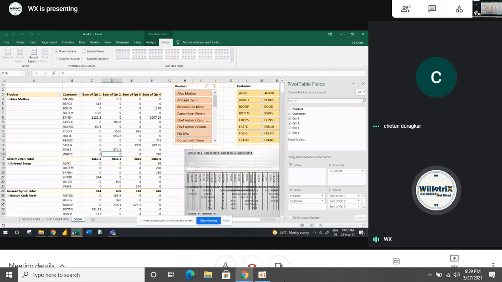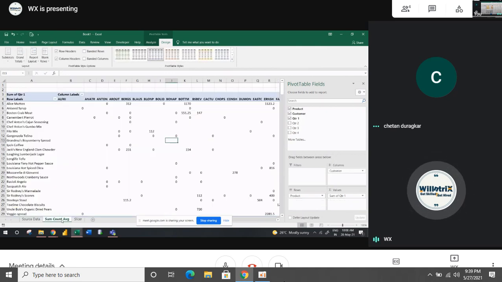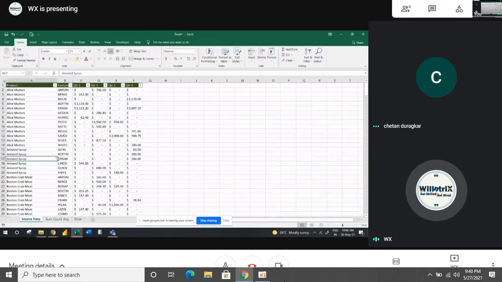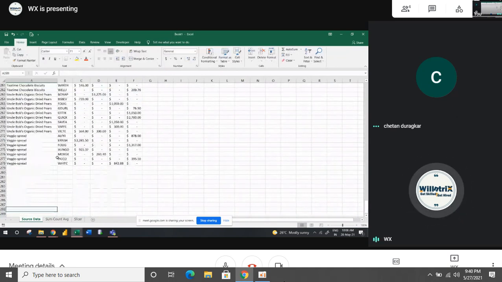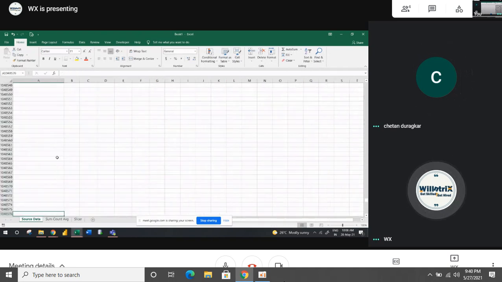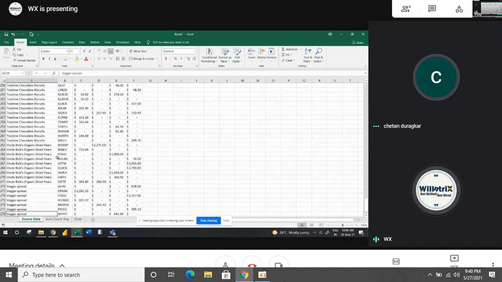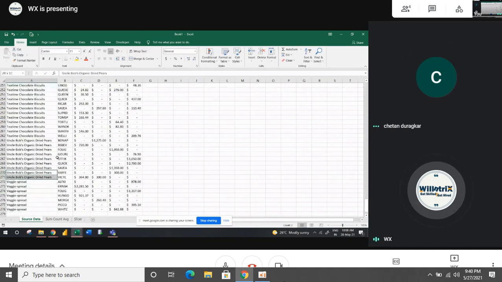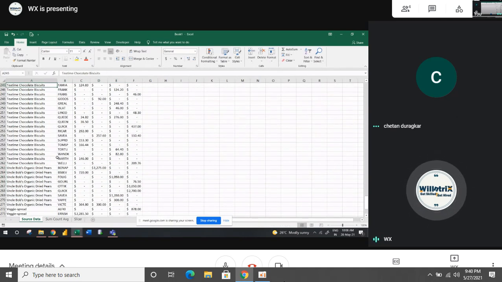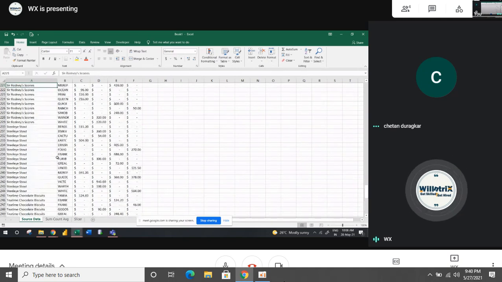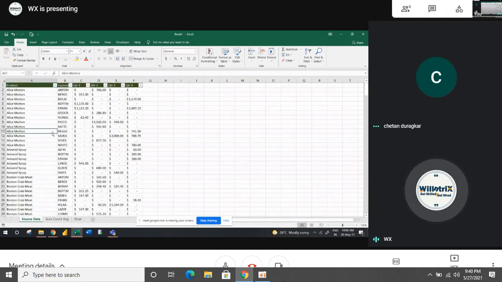Now I will tell you the important part in this topic, pivot table: how to update the data when transactions are being added. See, for example, the transactions we have are from the first row to row 278, correct? The data will not stay accurate, because day by day transactions will keep happening. Automatically the pivot table should get refreshed. If people don't know how to update, they do it manually. I will show you that.